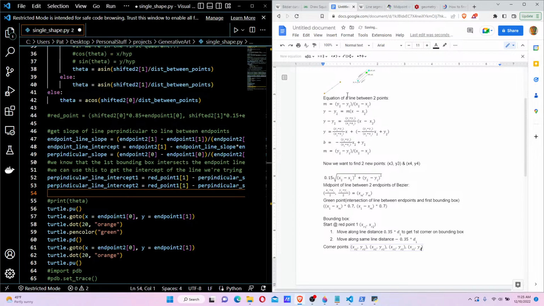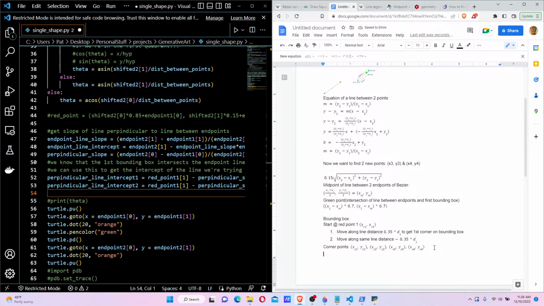Okay, this one should be c4, c4, c3, c3, and c2, c2. So now I have the corner points,